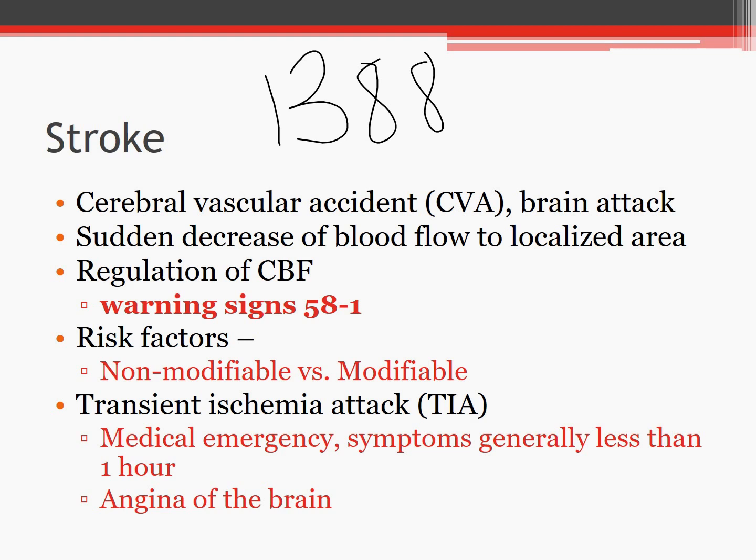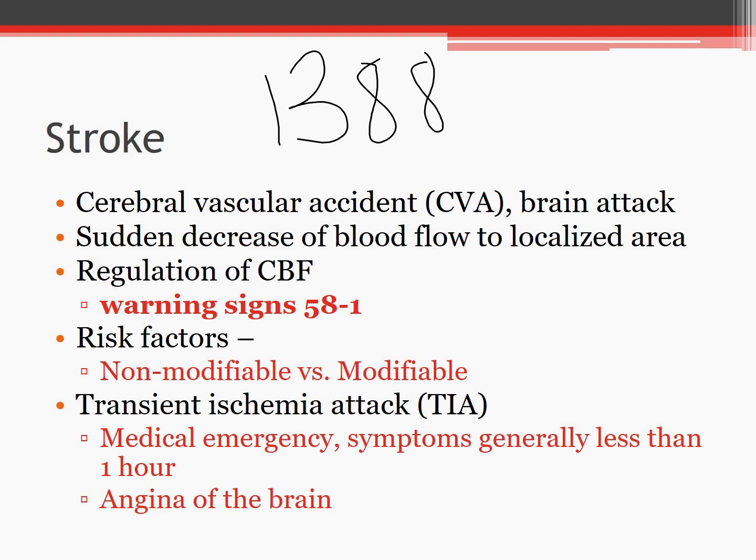When you guys are looking at gender differences, you can see that strokes are more common in men than women. And if we're looking at cultural and ethnic issues, we see that African Americans have a higher incidence of stroke